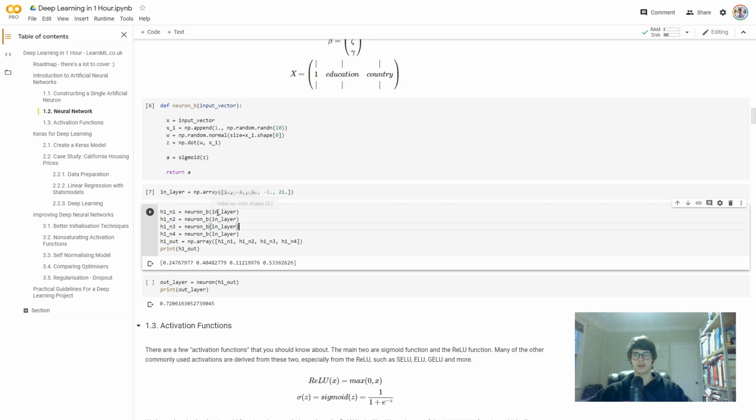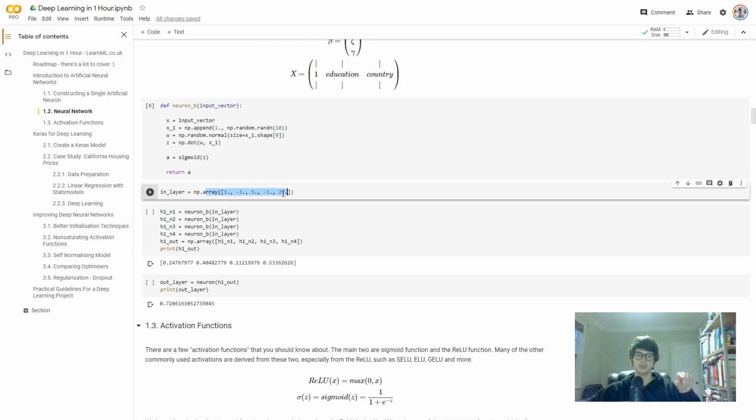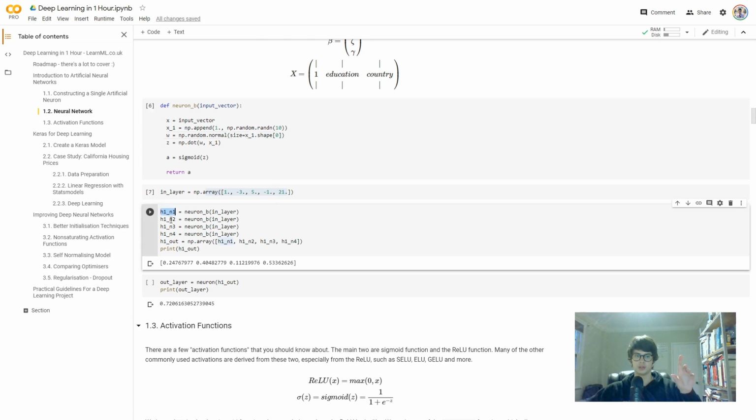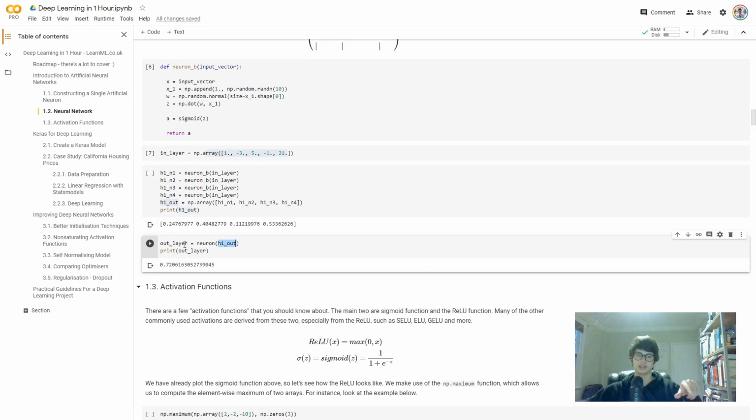A hidden layer is called a hidden layer because we don't directly observe it. It's not like the input here where we're passing the data in. So we have 4 of these neurons. Each neuron does a weighted sum of this input, and because each neuron is randomly initialized, the outputs are going to be different. So we store the outputs here, 4 outputs. We stack the outputs into another vector, and we call this H1 out, or hidden layer 1 out, and this is the output. Now if we feed this output into another neuron,